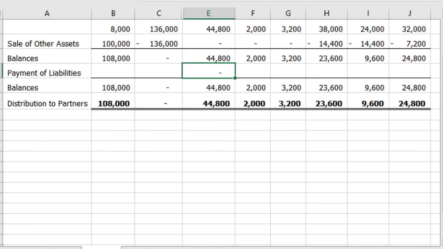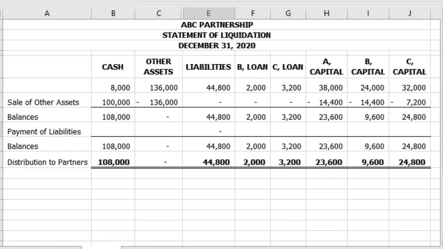So, after natin ma-plot, ito na yung balances ng mga partners. So, yan. Deduction sa kanilang capital accounts. So, for A, 23,600 na lang. For B, 96. And for C, capital is